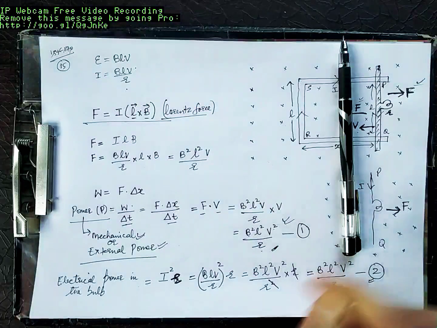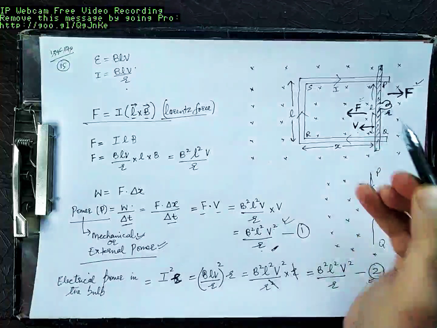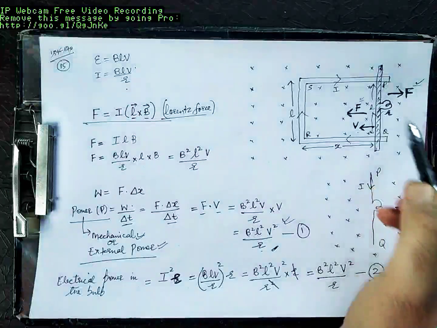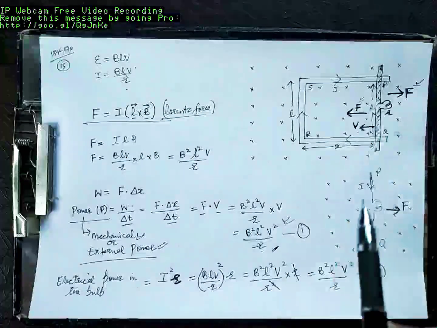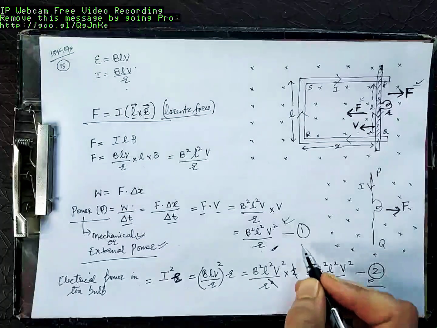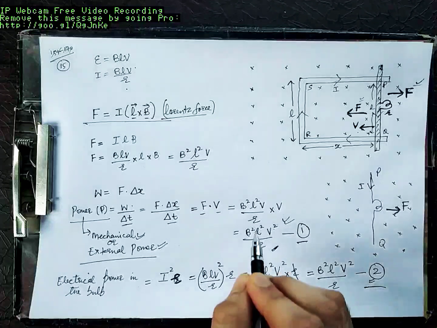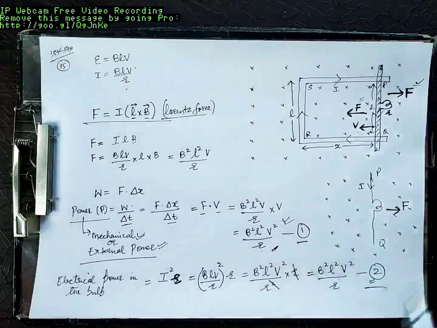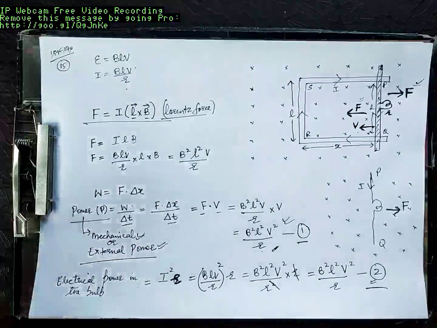Which is the reason why this bulb glows. In order for this bulb to glow, you need to have some energy. Where from does that energy, where from does that power come? That basically comes from the mechanical power that I am putting in. This is the reason why the expression for electrical power is the same as the expression for the mechanical power, because it's the mechanical power which is being converted to electrical power. That's why this bulb is glowing. I hope you are getting it. This is the basics of electromagnetic induction.